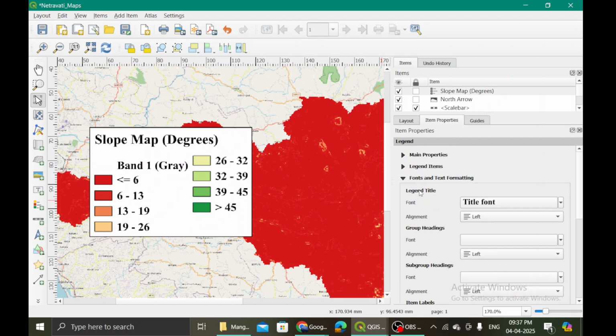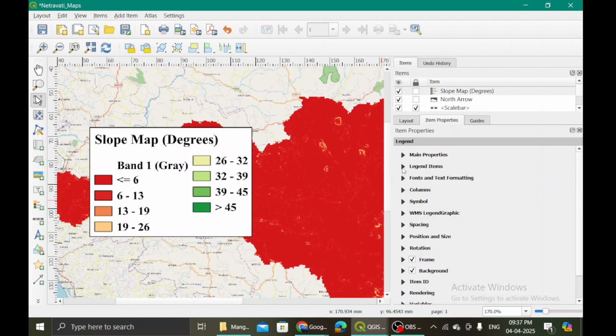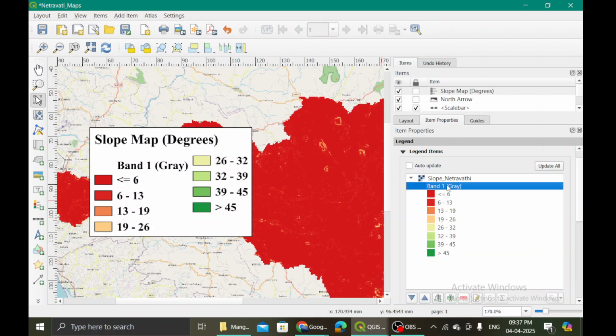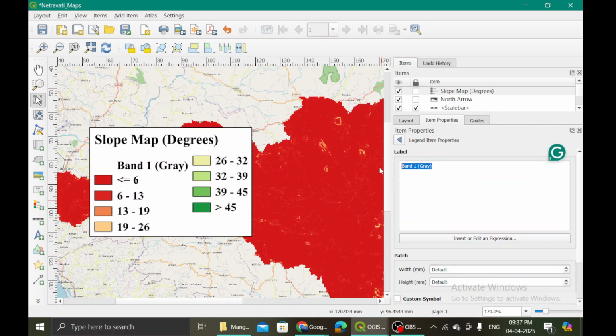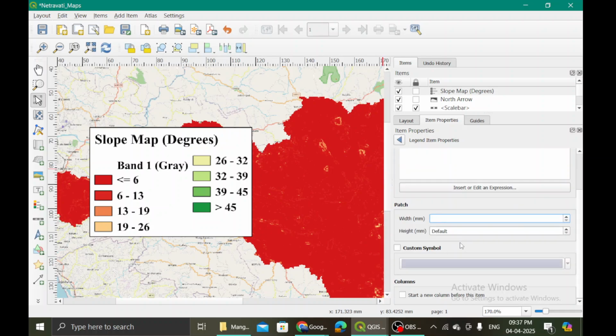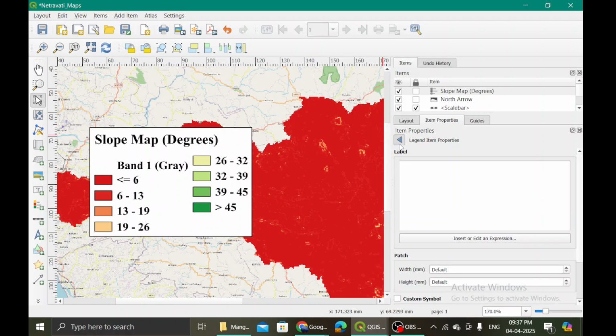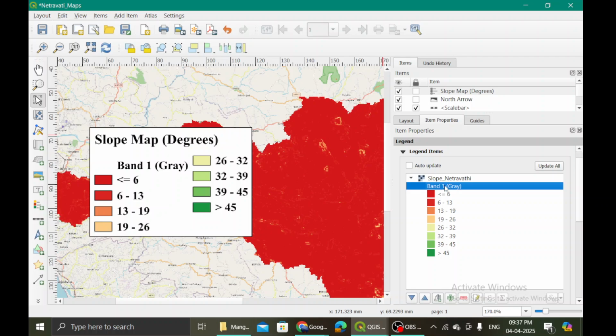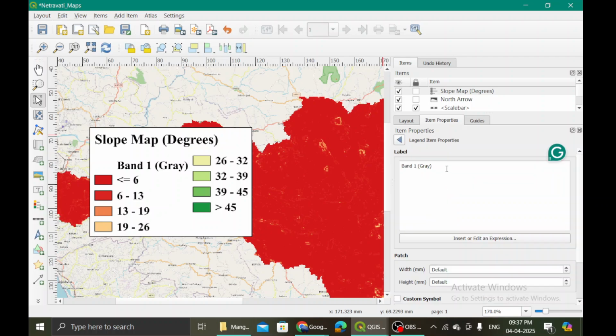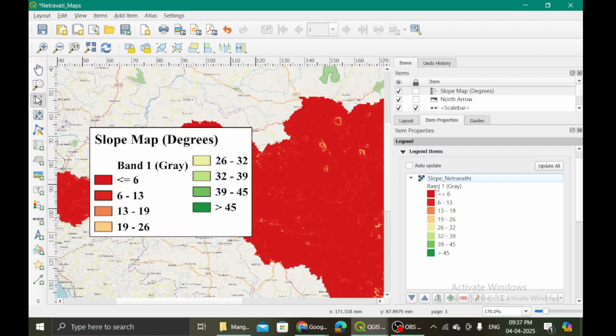Band one gray is something that I'm trying to just go. It's just not ready to go.